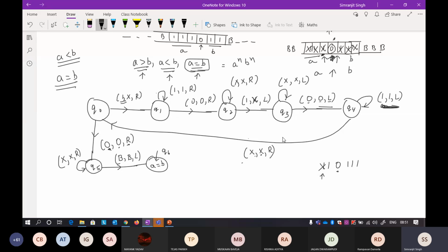You will find a 0. When you find a 0, keep it as it is and start moving towards left. Okay, so start moving towards left. Now again you find a one, again you find any number of X's in between, and now there will be again a zero. You see the zero and keep moving left, you will find your one here. So when you find a one, keep the one as it is and keep moving left. Now you will find a X here.